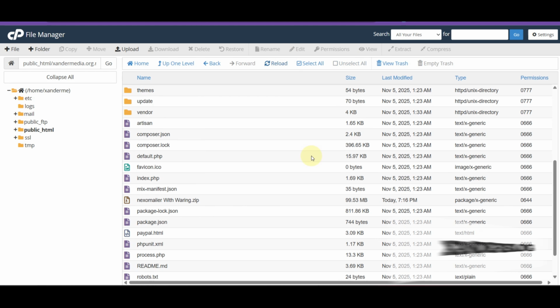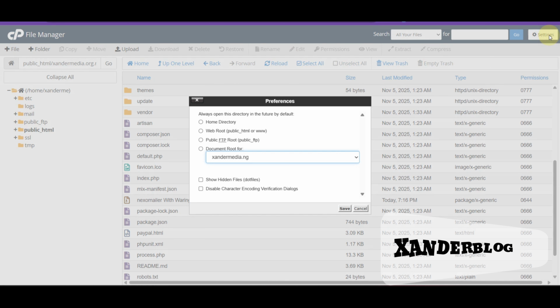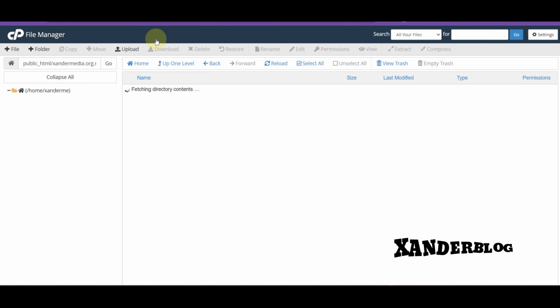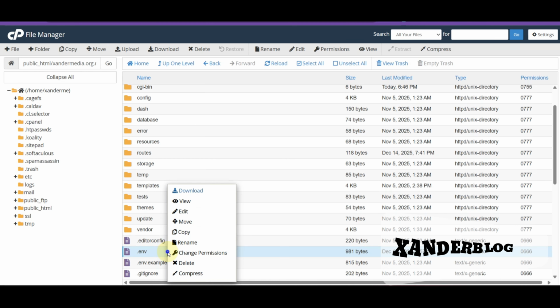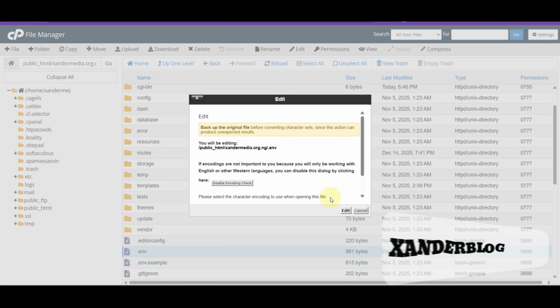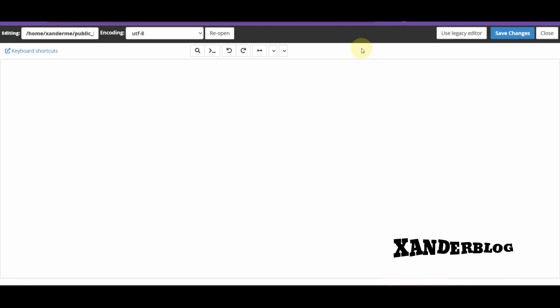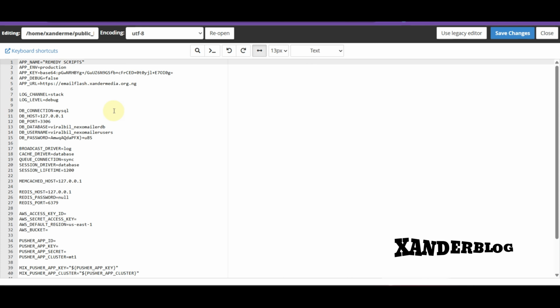All right. Then we need to come to settings. Then we click on show all hidden files because we need the .env file. That is where you are going to be editing and setting up our database. So this is the env file. Then we click on edit. Right, so you can see the